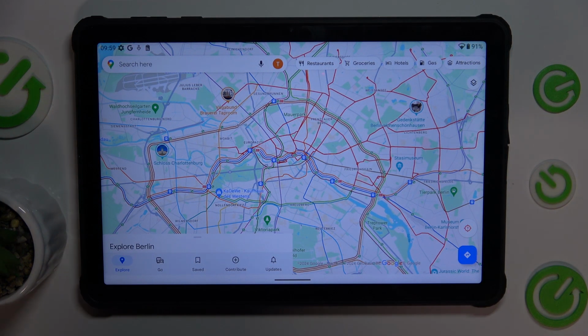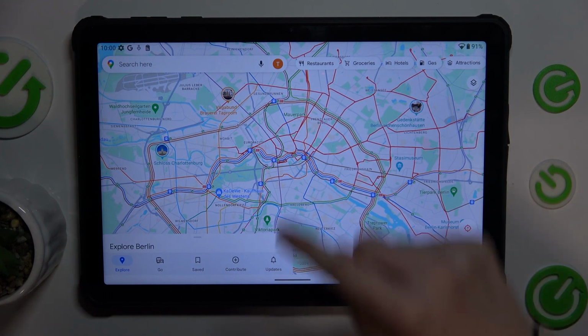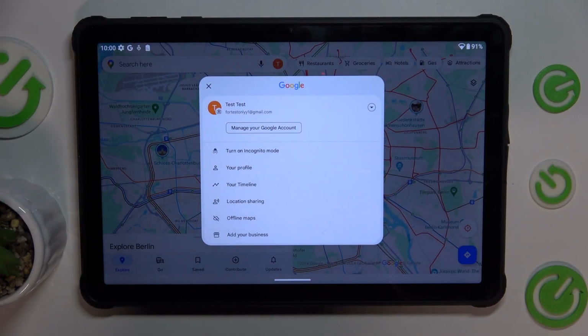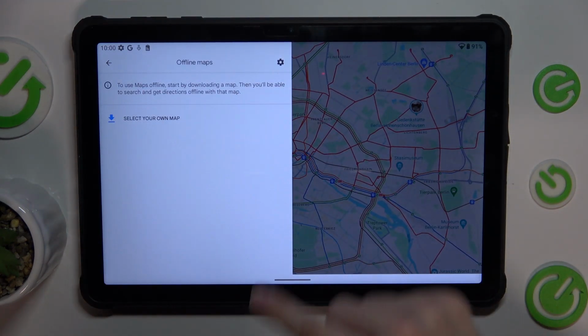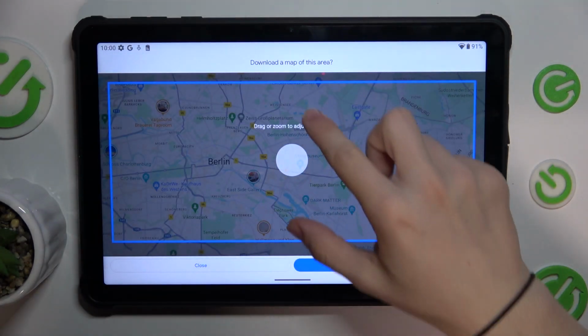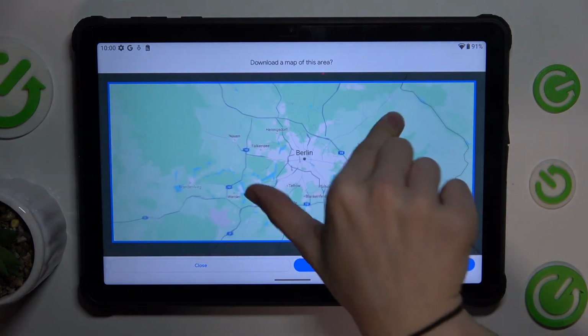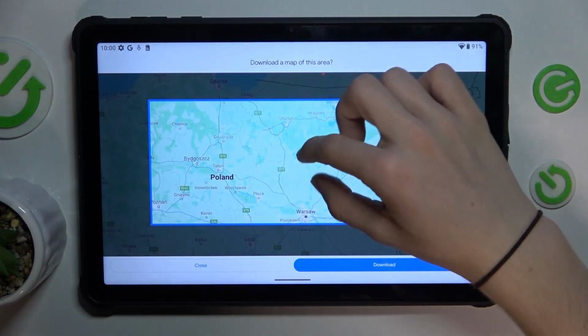Then press on your profile icon and press on offline maps. Now you can select your map to download it. I'll press on select. Now I can zoom in or out